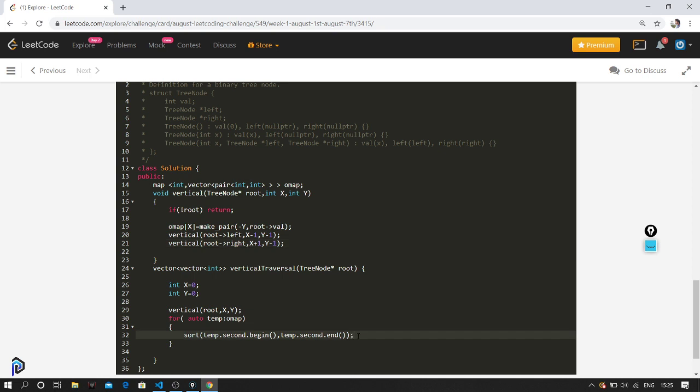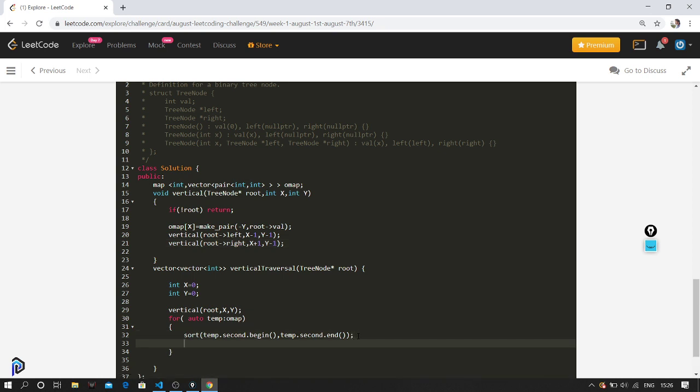After sorting, what I'm going to do is I'll create a temporary vector out. Vector of int, which is out. Okay, after sorting, the sorted would be in the form of make pair, but I just need the value of this alone.